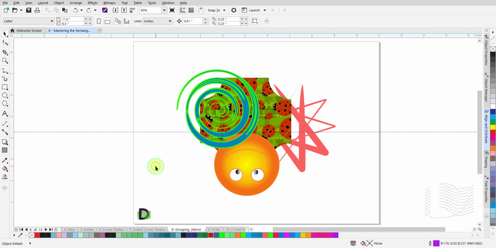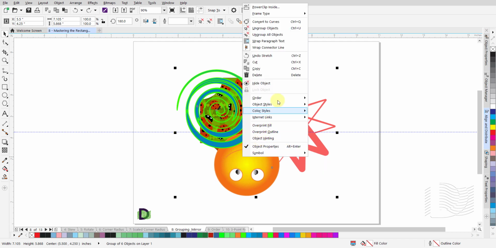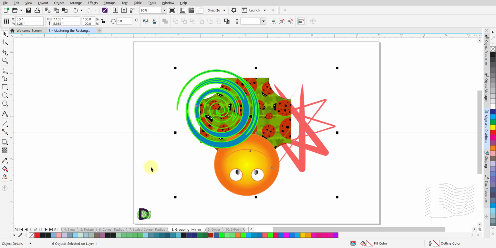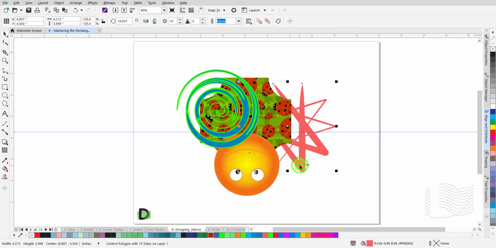Left-click and release on a blank spot on the canvas to deselect all the grouped objects. Left-click and release to select the grouped objects. With the grouped objects selected, right-click on the grouped objects to open a pop-up menu. From this menu, click on Ungroup Objects. Left-click and release on a blank spot on the canvas to deselect all the grouped objects. Then left-click on one of the objects, and this time it is only that object which is selected, instead of the whole group. Press Ctrl-Z, Command-Z on the Mac to undo that last action.